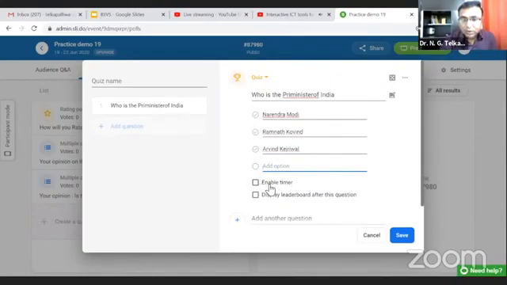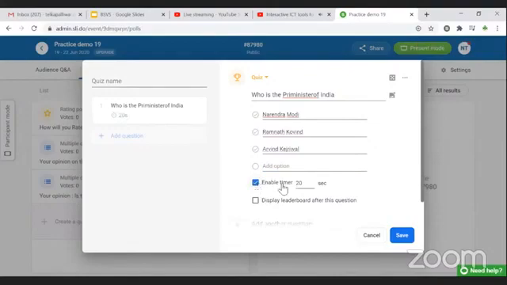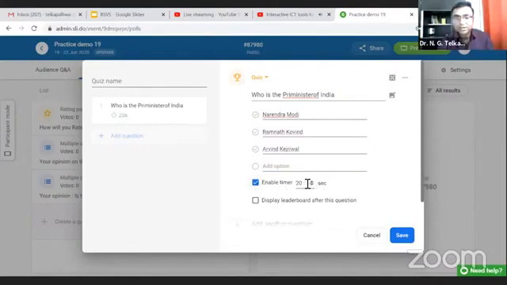Now suppose you want to enable the timer. You can enable the timer during that one question. Suppose you want to give a different timer, you can adjust the timer for question 1, question 2, etc. So this facility is also available. Display leaderboard after this question. Suppose 100 students or 50 students are taking part in the live poll or live quiz.